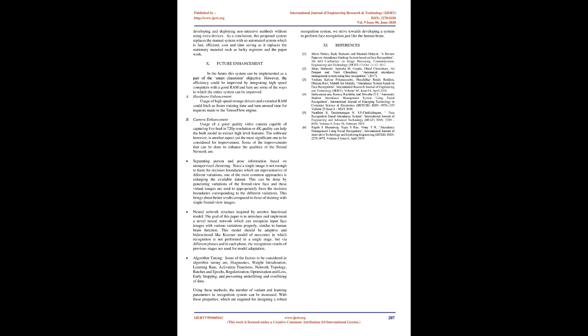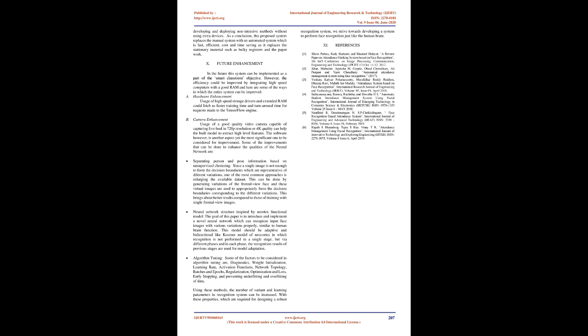Neural network structure inspired by the neocortex functional model. The goal of this paper is to introduce and implement a novel neural network which can recognize input face images with various variations properly, similar to human brain function. This model should be adaptive and bidirectional like the neocortex model, in which recognition is not performed in a single stage, but via different phases, and in each phase, the recognition results of previous stages are used for model